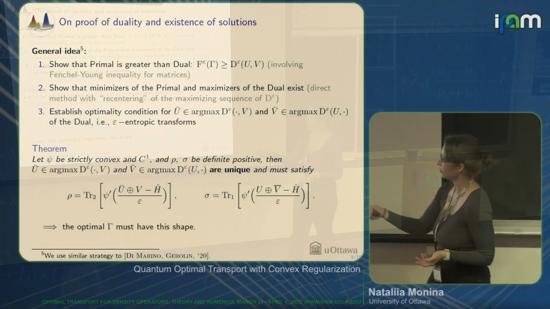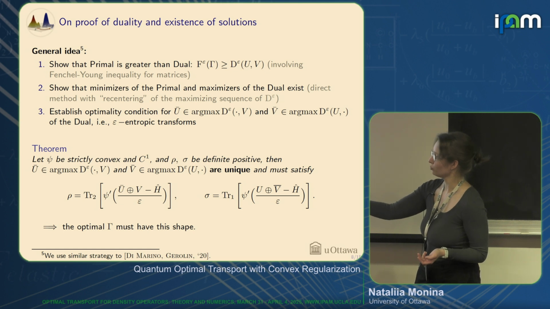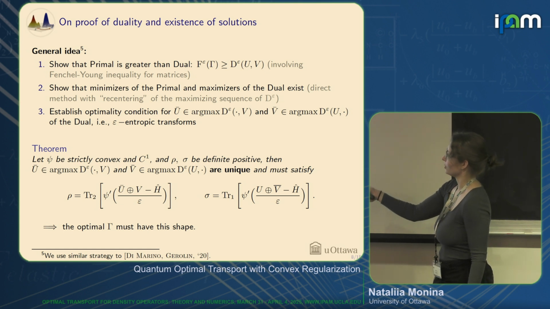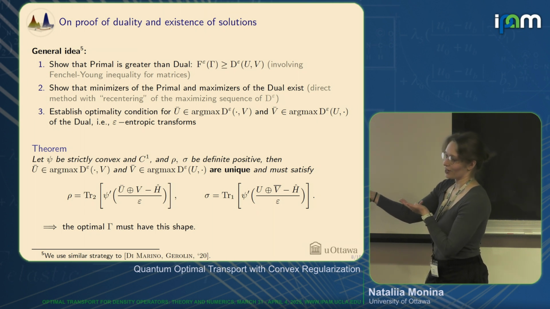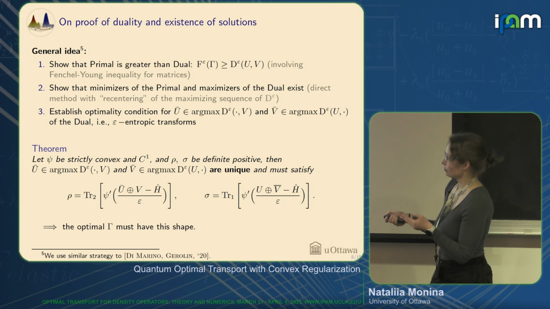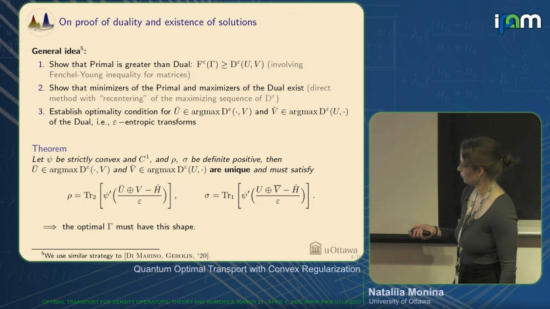And as you can see here, if these two conditions happen simultaneously, so if we have some U bar and V bar that satisfy this, then this is exactly the condition for having the correct marginals. And at the same time, if we have U bar and V bar at the same time, then U is the argmax of D and V is the argmax of T. So these are the maximizers. These are the essential conditions that the maximizers satisfy, and we heavily use them to show the duality. Nataliia, and these argmaxes are